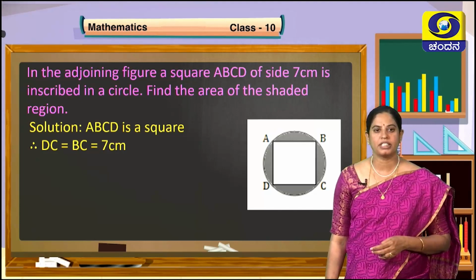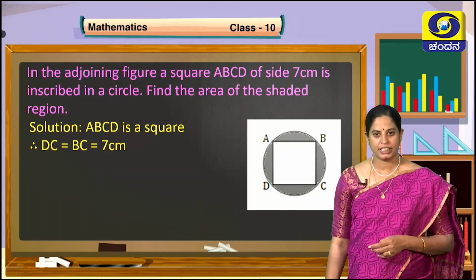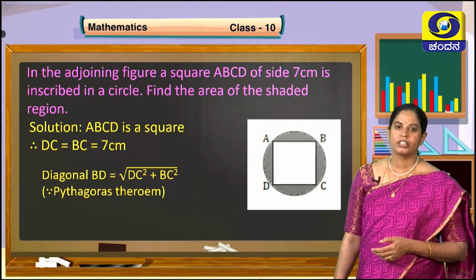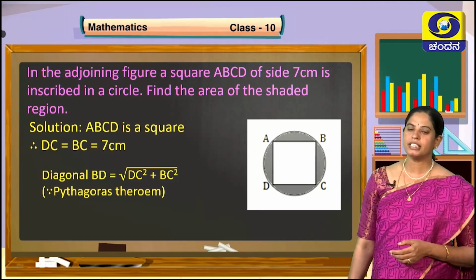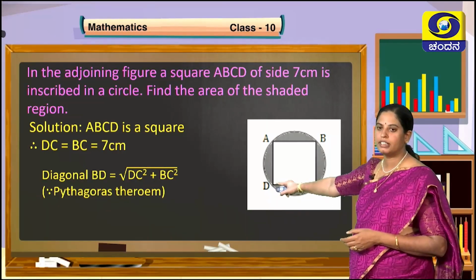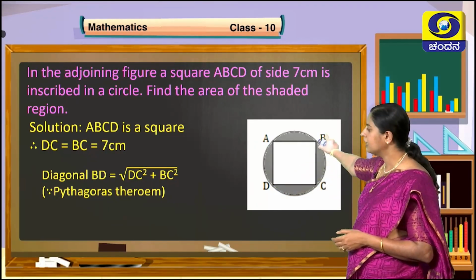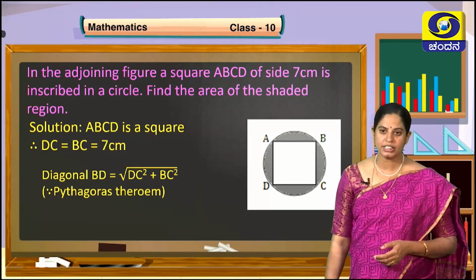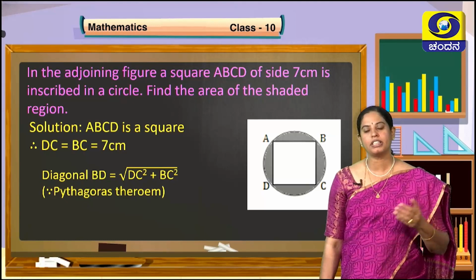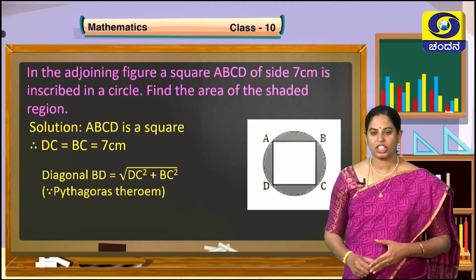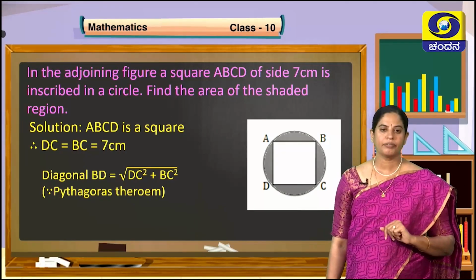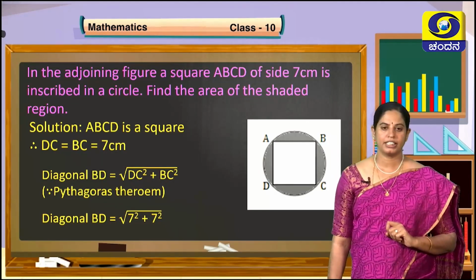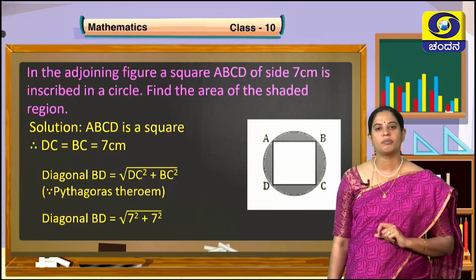Area of the square ABCD equals... that is, side DC equals BC, that is 7 centimeter. If you connect B and D, you will get the diagonal of this square. Using the Pythagoras theorem that you have learnt in chapter 2, triangles, apply that knowledge here. So, you are going to get the length of the diagonal, that is square root of 7 square plus 7